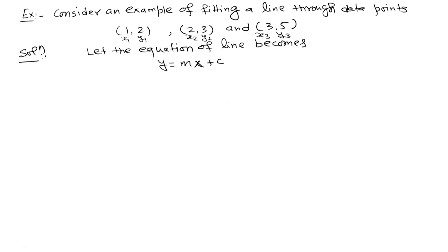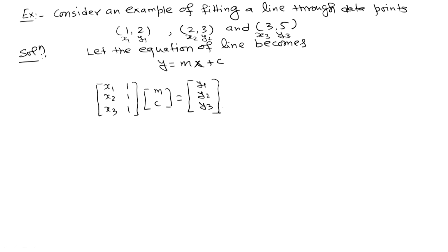Now from the equations, in matrix form I can write [x1 1; x2 1; x3 1] multiplied with [m; c] equals [y1; y2; y3]. Please note that in each case the coefficient of c will be 1. So, if this is my matrix A, this is x, and this equals b,